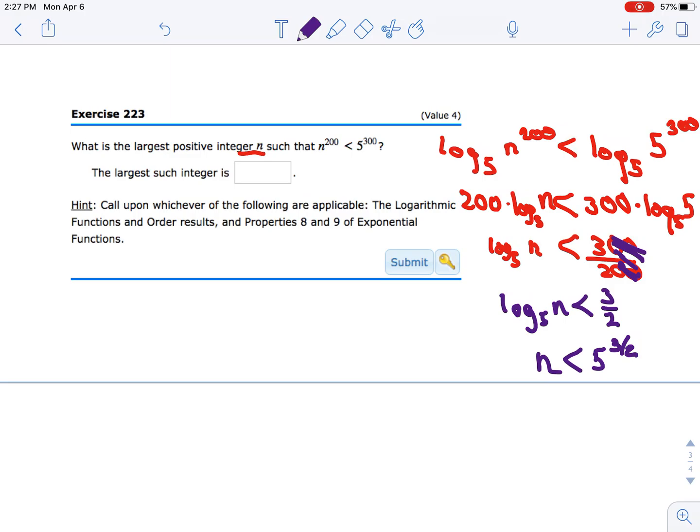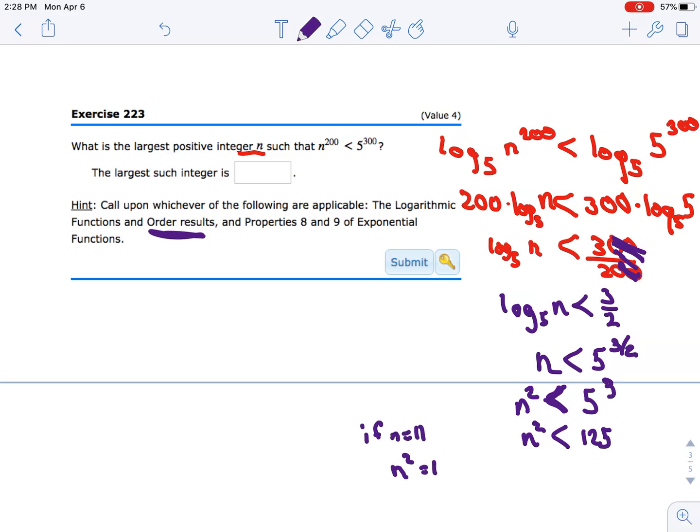Now, you notice with the hint over here, it says, hey, you can use what we know about order, monotonicity. If n is less than 5 to the power 3/2, I should be able to square both sides, and now the order should still hold, like we learned in 7th grade. That n squared has got to be less than 5 cubed. 5 cubed, of course, is 125. So if my number squared has to be less than 125, we can see here that if n